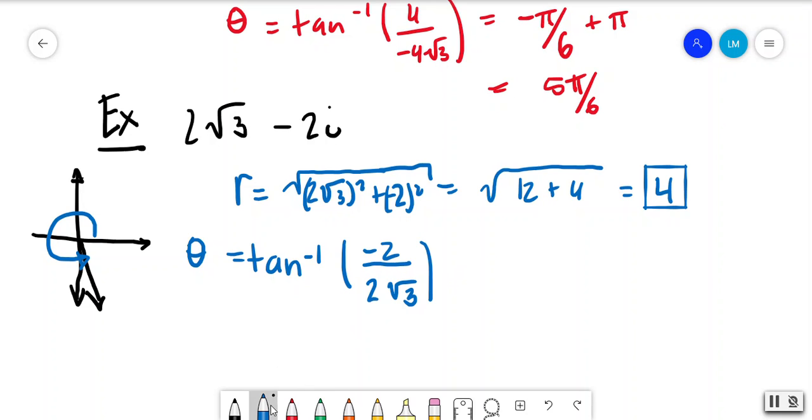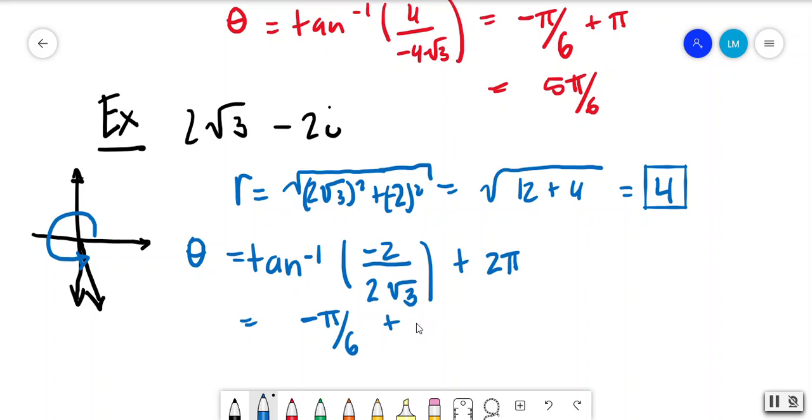So to account for the error, you're just going to add 2 pi to it. That way it works itself out, because that's going to be negative pi over 6 plus